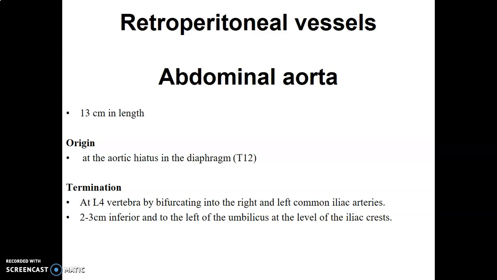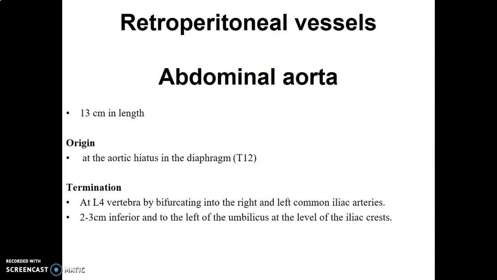Where does the abdominal aorta terminate? At the fourth lumbar vertebra, the abdominal aorta terminates by bifurcating into common iliac arteries on the right and the left side. This termination is 2 to 3 centimeters inferior and to the left of the umbilicus at the level